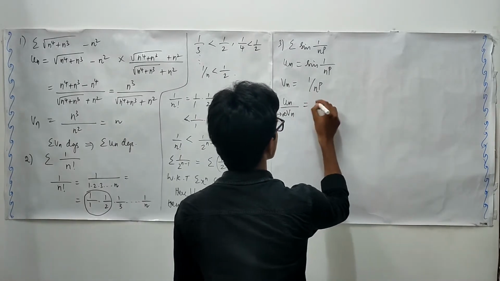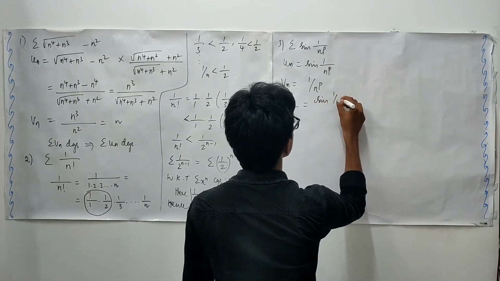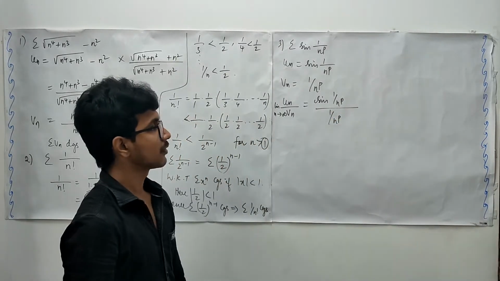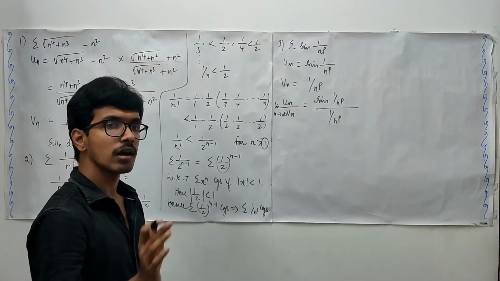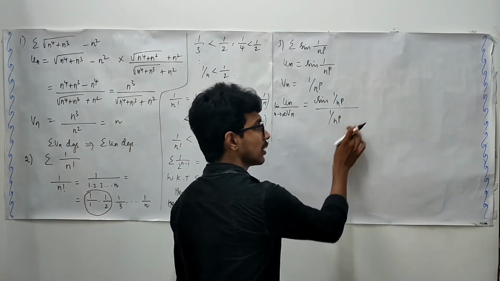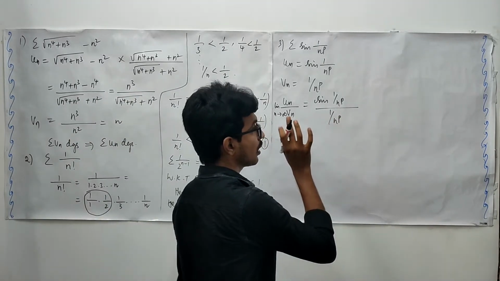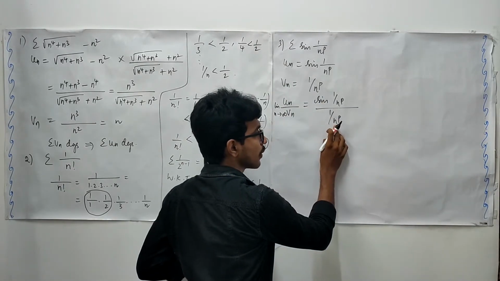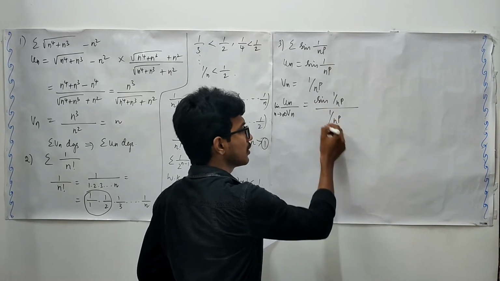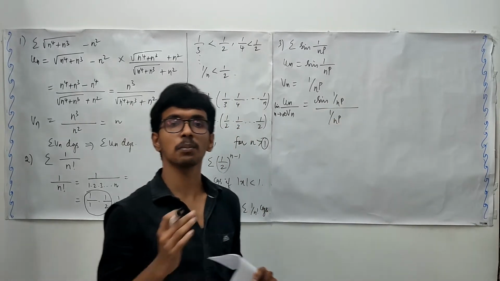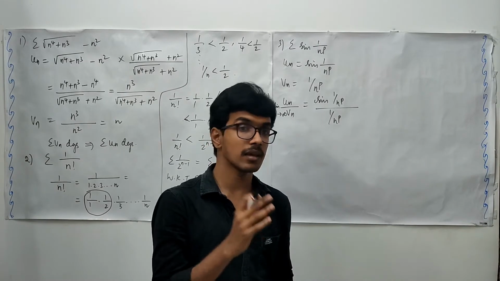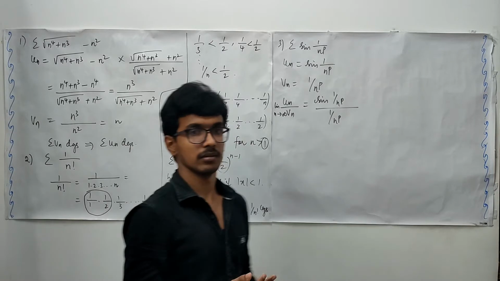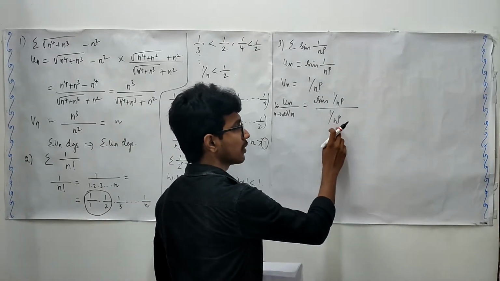Okay, you see sine, this is what we need to check. It is more or less like checking the convergence of this thing, right? We cannot directly say as n approaches infinity, this quantity will approach infinity and hence the entire quantity in the denominator will approach 0. That cannot be the case all the time, right? When will that happen? For which we have to say about the convergence of this one.